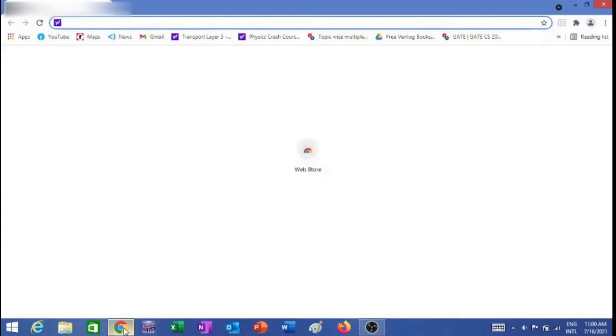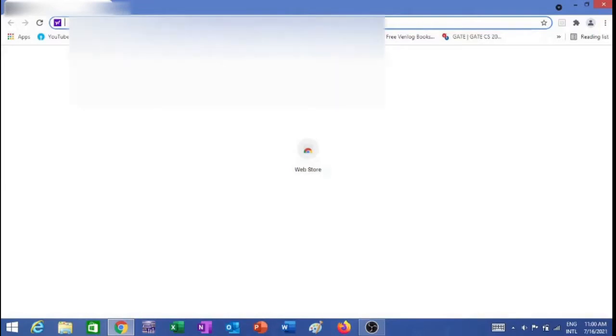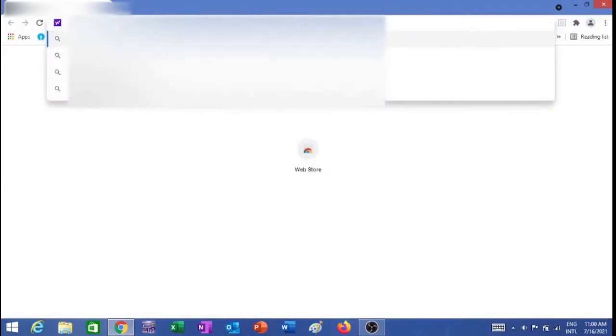First of all, you have to open the browser screen on a desktop or laptop. It may be a Google Chrome browser or Firefox or something else. Then you have to type your VPN address over here. So I'm typing my VPN address. Once I am done typing the VPN address in the address bar, I will strike the enter key.